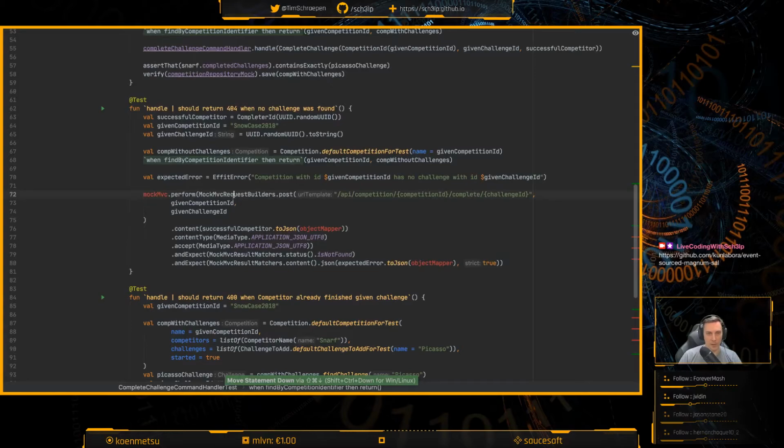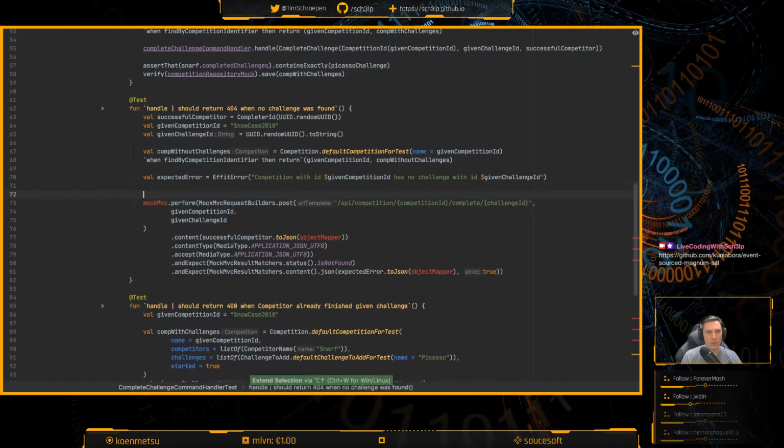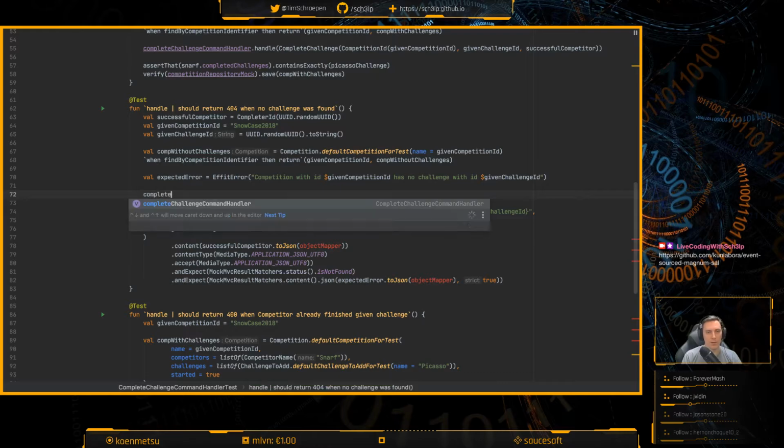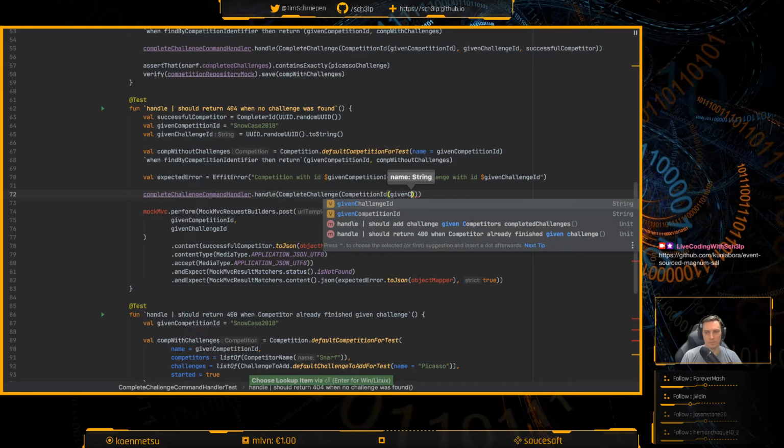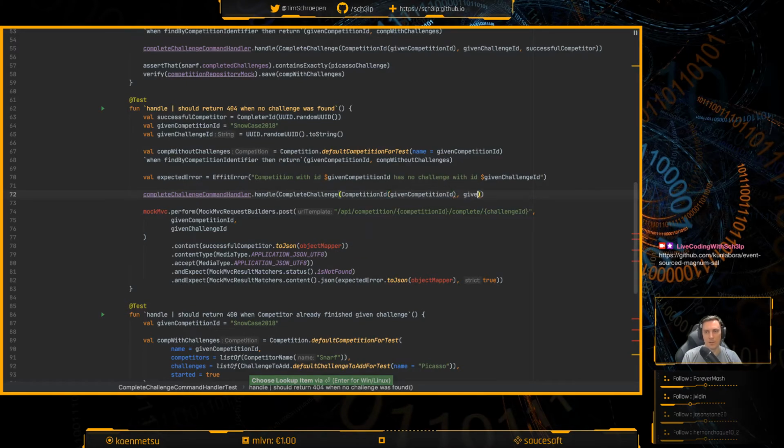Okie dokie. And now let's try and replace these mock MVC perform calls by just calling complete challenge command handler handle with a complete challenge command that takes a competition ID of given competition ID, the given challenge ID, and a successful competitor.